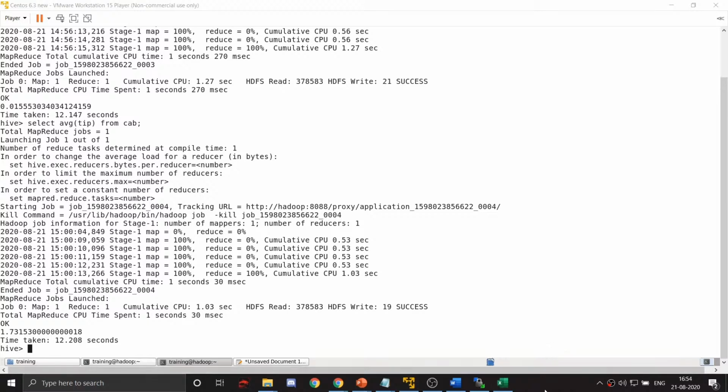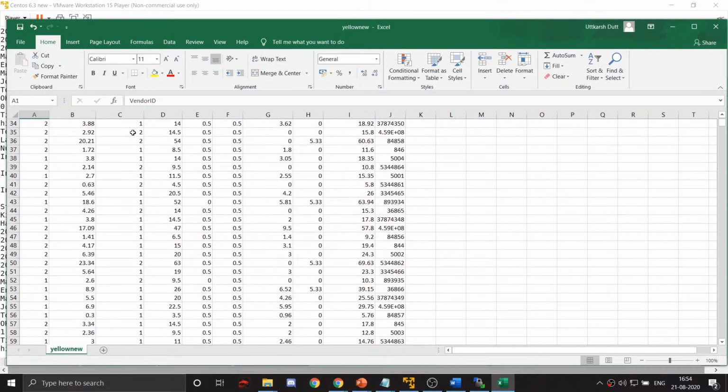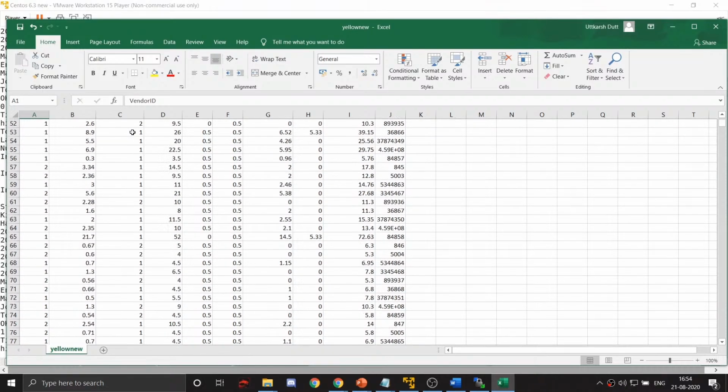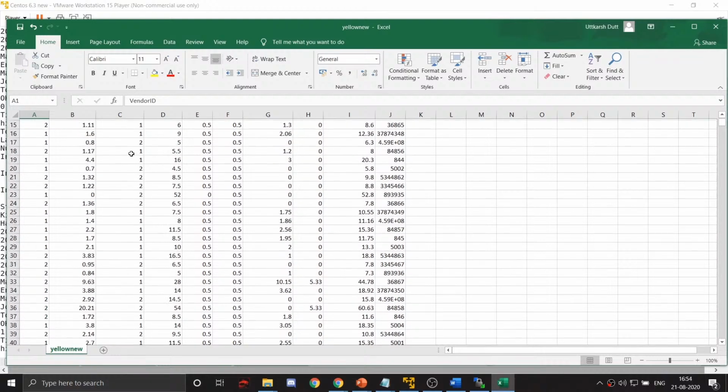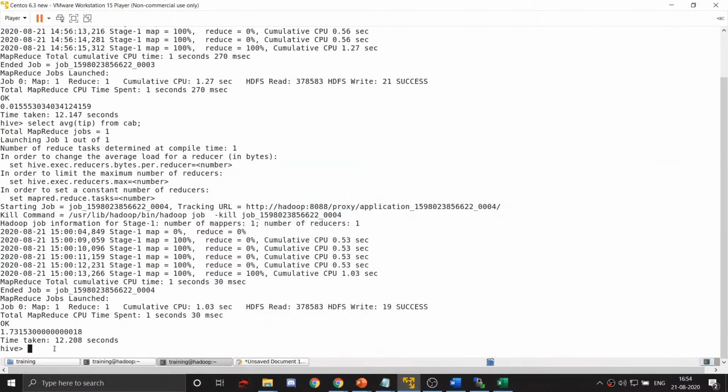Suppose we want to calculate something and group our answer by the payment type. So if we simply open up the data set again, we can see that on the third column we have payment type. So this could be online, offline, through card, or through wallet or something, right? So that is why we have these numeric codes associated to any of those. We don't really need to know what codes are associated to what right now. We just need to know that there are separate codes. So what if we want to arrange our output and order it or group it by these payment types? So if I simply minimize this and go over here